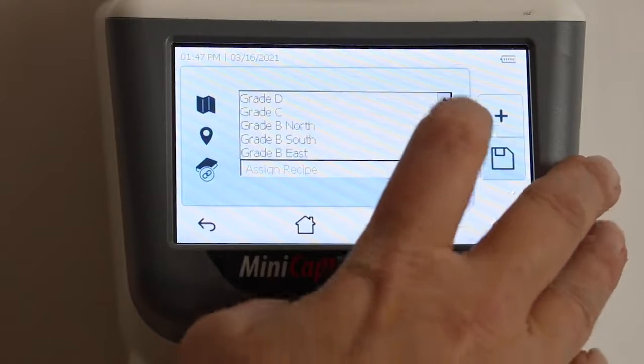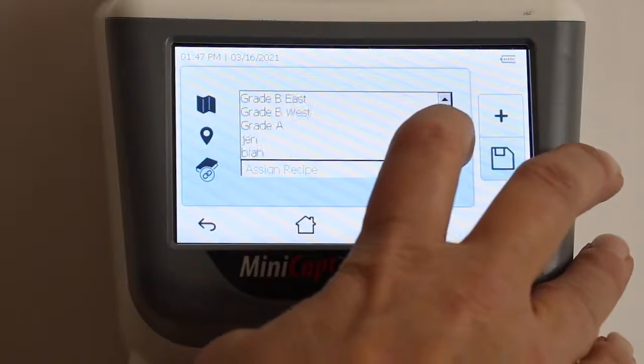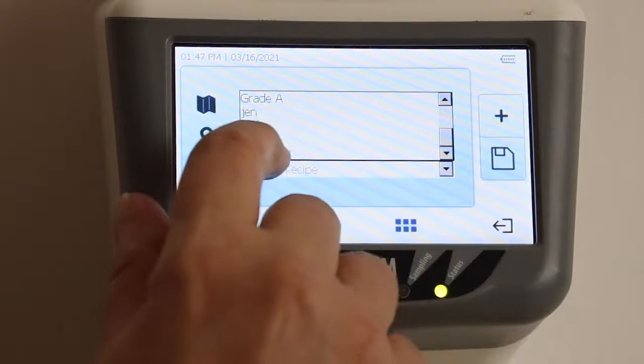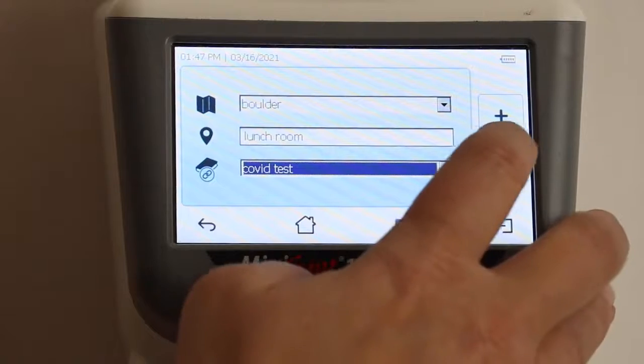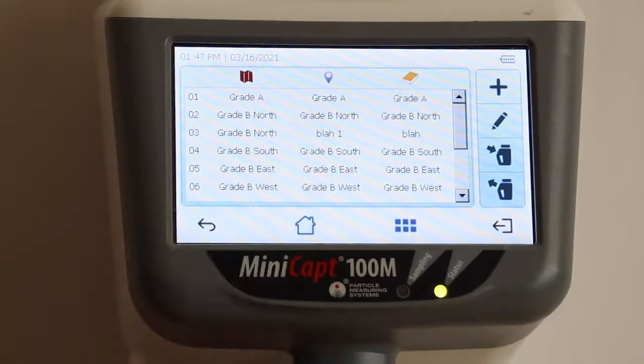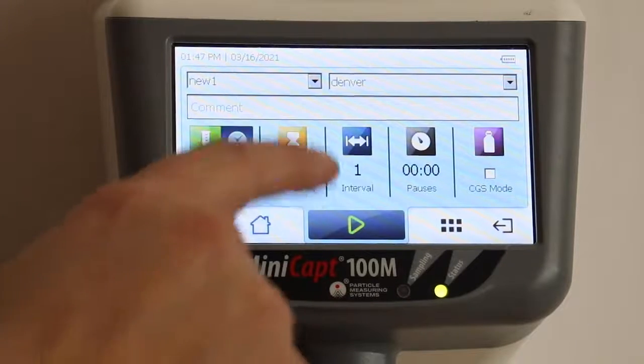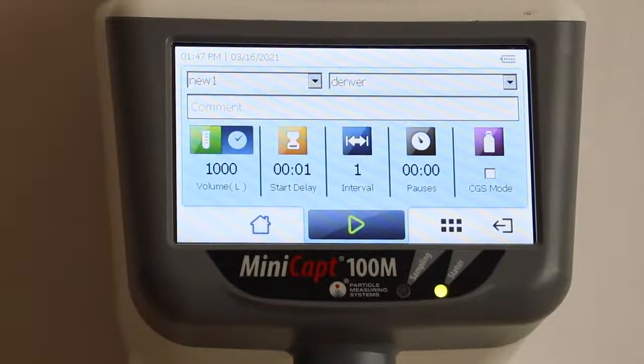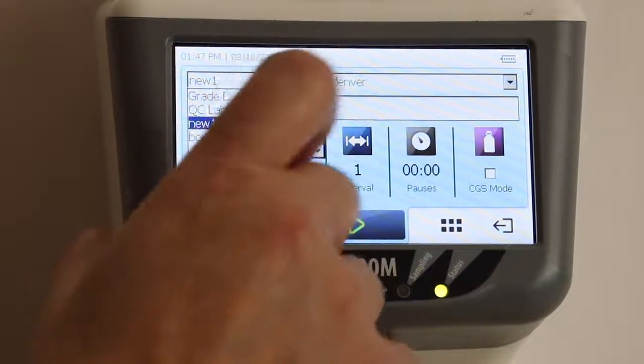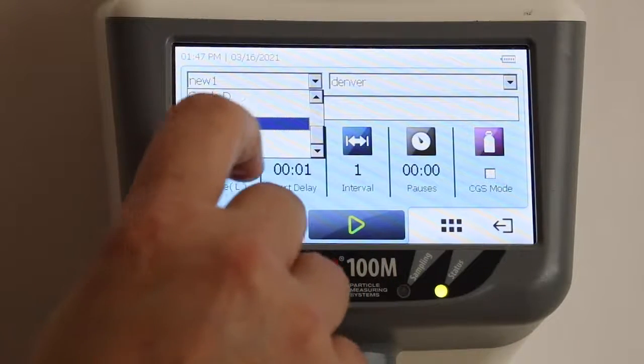And that recipe should be down in this drop-down box. And that was the COVID test. And I'm going to save that. I go back home and I want to use that recipe. I'm going to go up here and look for that recipe that I just created